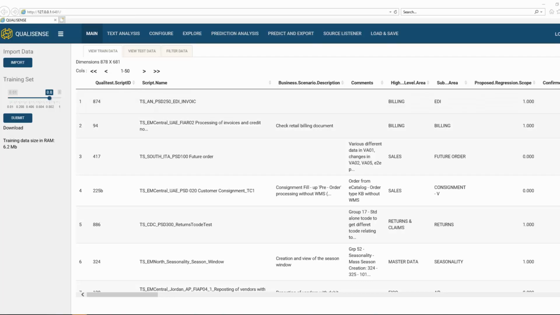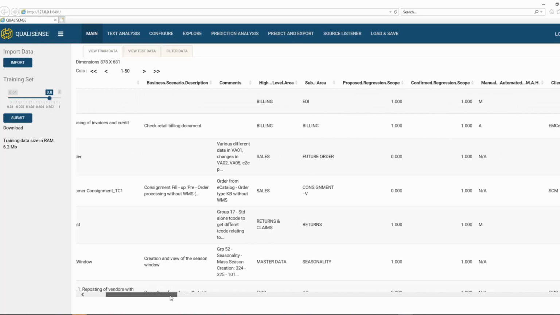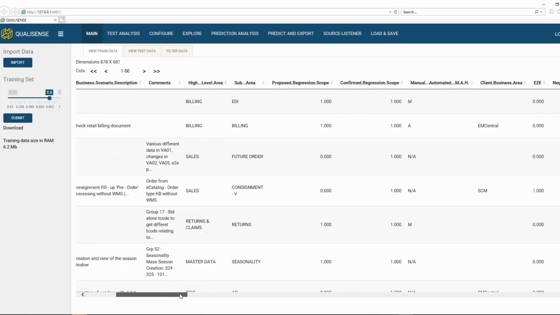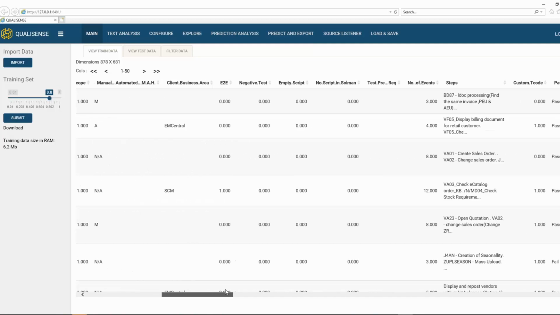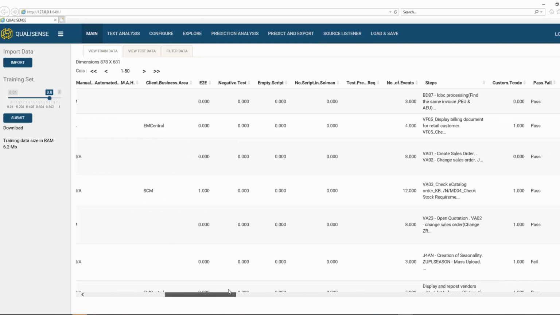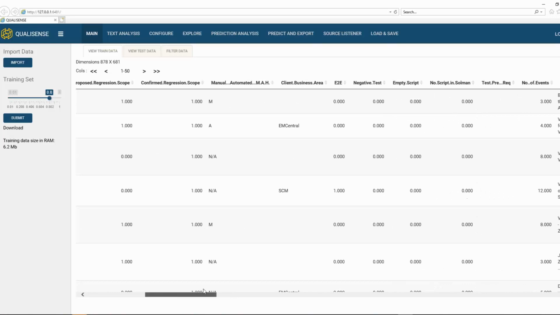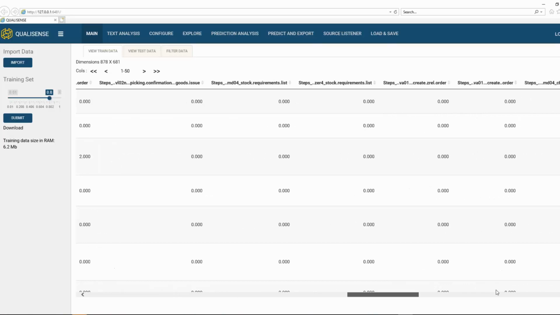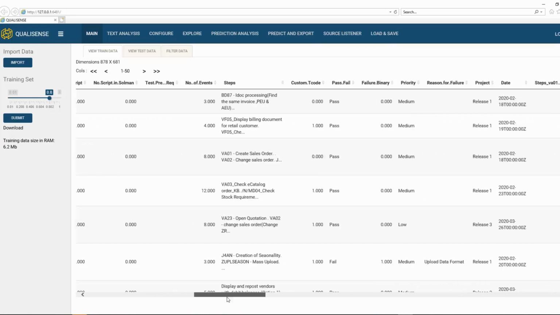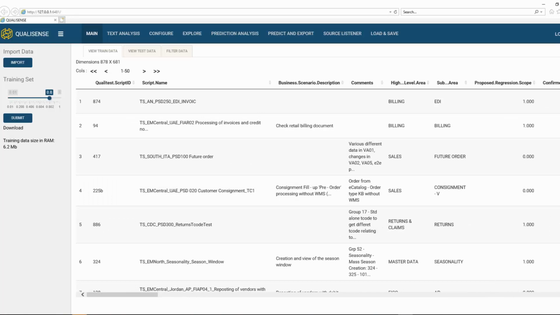And you can see there's one of these here. This is a fairly standard enterprise test pack. Again, we've got pretty straightforward information, some details about the script, some details about the scenario, roughly where we're focusing, and some details about whether it has come from Solman or from somewhere else, and what the test steps are we're trying to do, as well as the historic data. Have these tests passed and failed previously?